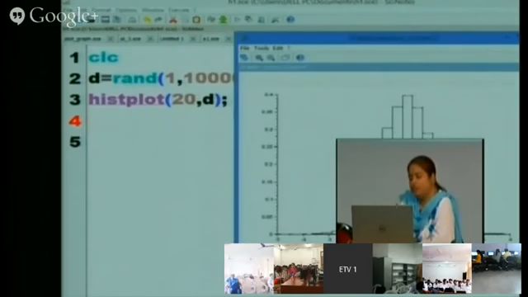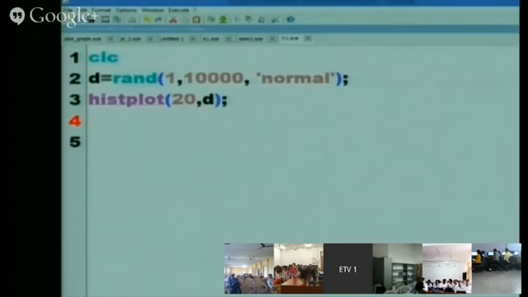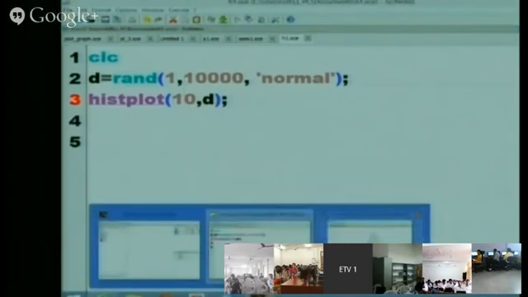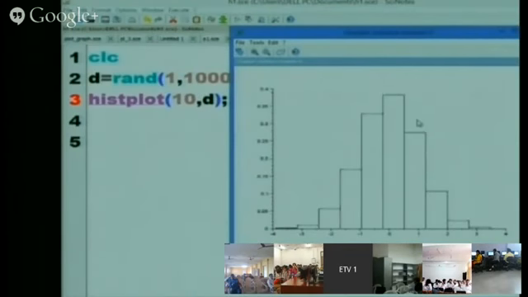Now 20 means these 20 bar graphs or 20 locations will be there. 20 bars will be there. If you use here 10, see the difference, right? So 20 and D.